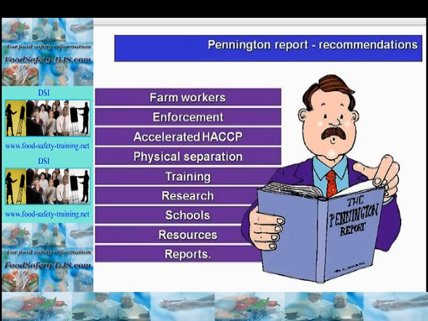First of all, an education awareness programme for farm workers, consistent and rigorous enforcement of hygiene standards at slaughterhouses, including cleaner animals, HACCP and staff training, accelerated implementation of HACCP, including documentation, licensing of butchers and training, physical separation of raw meat and unwrapped cooked meat products and other ready-to-eat foods, improved food hygiene training for all food handlers, supervisory staff and one-person operations to be trained to at least intermediate level,